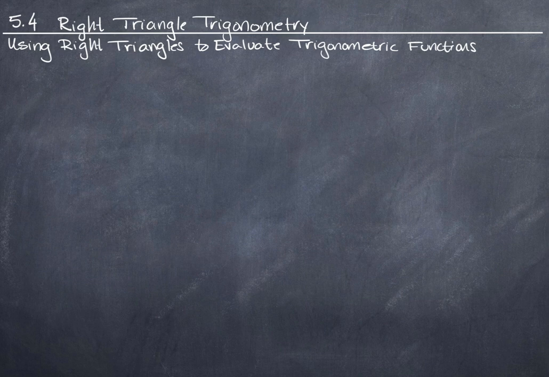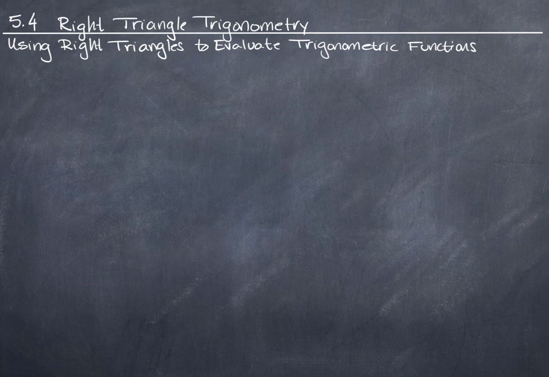So with that said, in the order that your textbook presents it, we have gone through most of the unit circle information, and we're now going to look at using right triangles explicitly to evaluate trigonometric functions. Most of what we're going to see in this section are things that we've already done. It's just a slightly different perspective on an old friend. So let me start with the unit circle